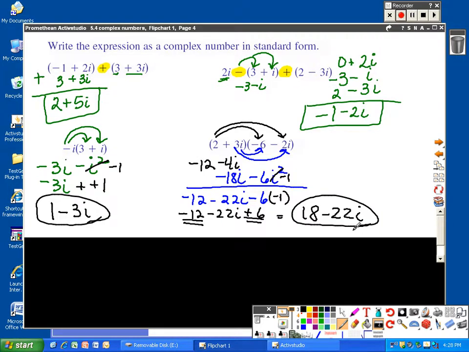Oh no, negative 12 plus 6 is negative 6 plus minus 22i. My fault. All right. Now,